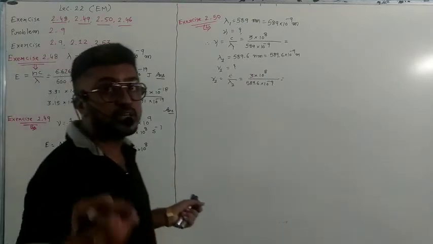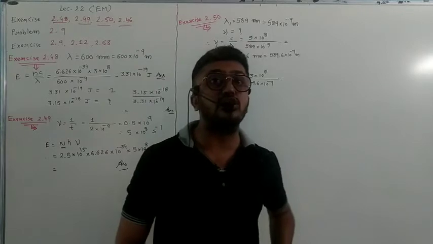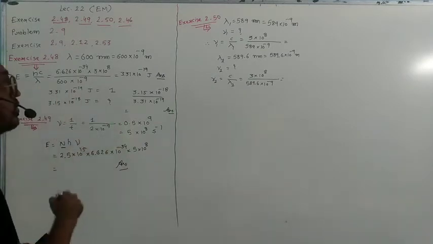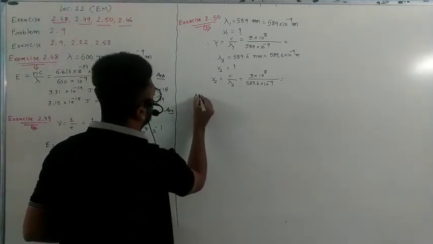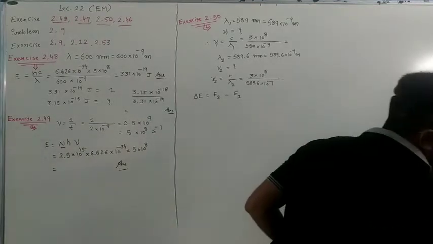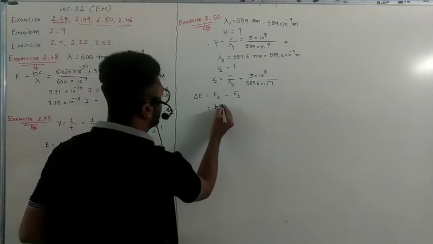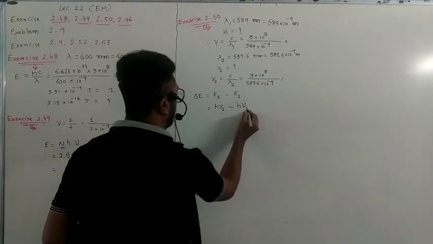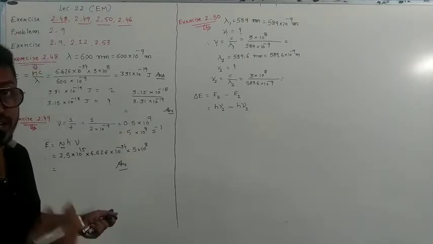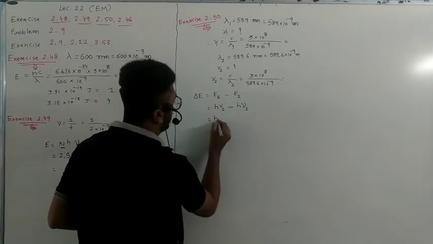Okay, this is our frequency and the question is not ending. The further detail given is to calculate the energy difference of these different wavelengths. If we have nu, then we will find the energy difference delta E, which is equal to E2 minus E1, that is h nu 2 minus h nu 1. H is a constant, so it is not counted in the difference. So h will come